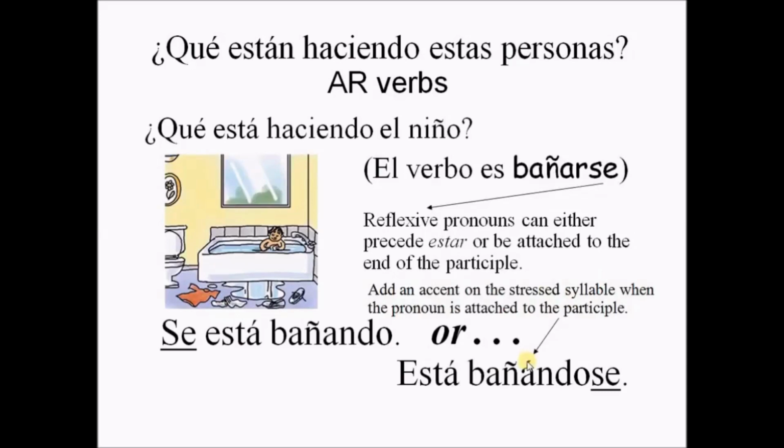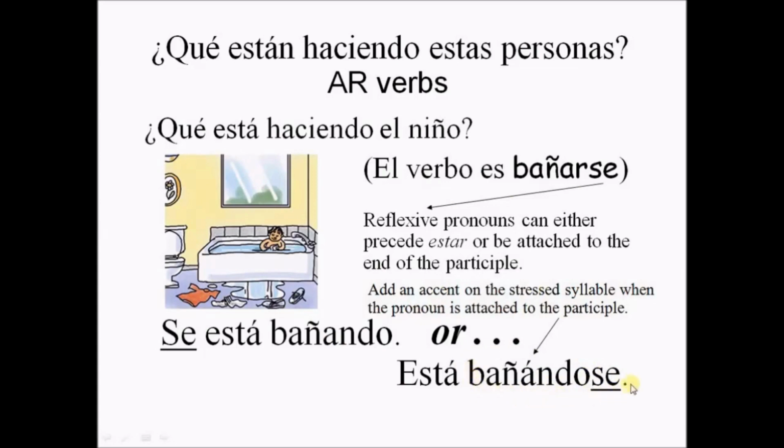Now, we need to be careful when we use reflexive verbs. Where are we going to place the pronoun? Well, you have an option. Whenever you are dealing with reflexive verbs, you can say, for example, ¿qué está haciendo el niño? The verb is bañarse, right? So you can place the reflexive pronoun before the verb estar. I can say, el niño se está bañando,